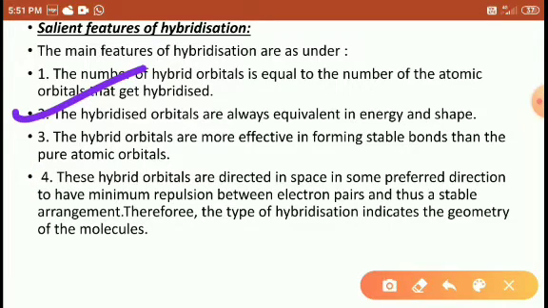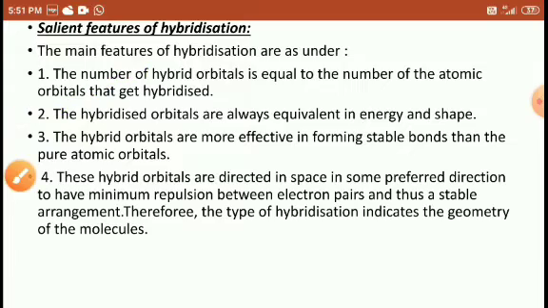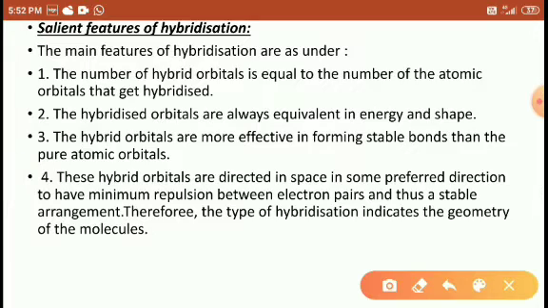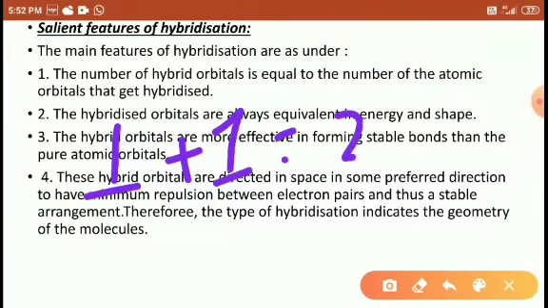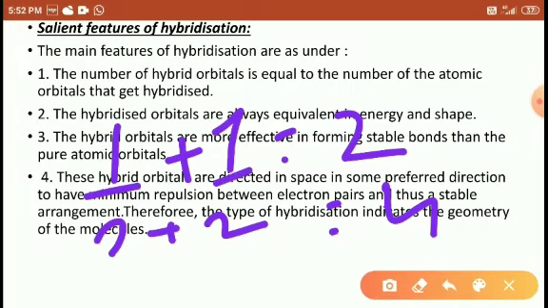Hybrid orbitals always have equivalent energy and shape. So when the atomic orbitals are combined with each other, they also give a fixed shape and equivalent energy. Already I told you the orbitals are intermixing. When they are intermixing, the s orbital energy and p orbital energy must be added when they are combined. Like we add 1 plus 1 equals 2, 2 plus 2 equals 4. Like this, S and P combine to form sp.